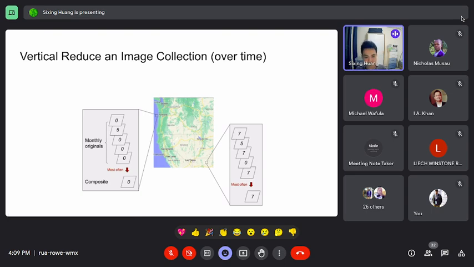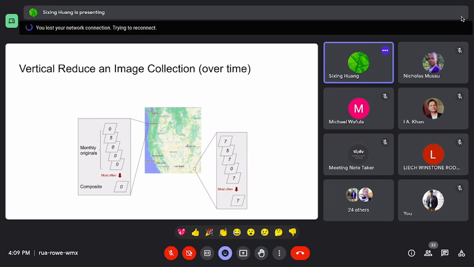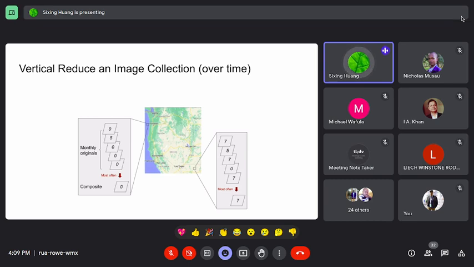But what if someone comes and asks, can you give me the average of that year? I don't want each month, I just want one picture, also called the composite image,